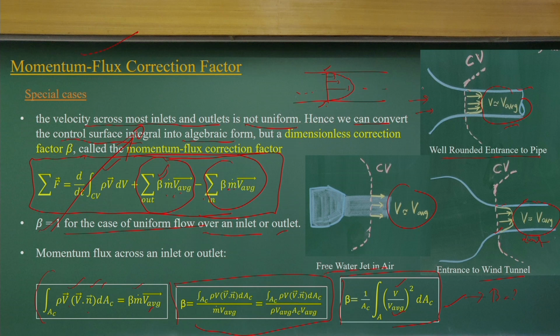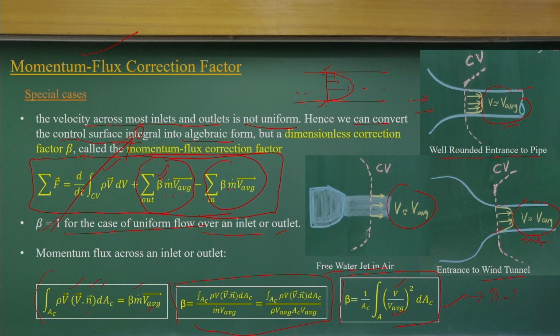Then I can compute the beta value for a velocity distribution coming into a cross section. Like I have a pipe with laminar flow, a pipe with turbulent flow, or open channel flow. For each case we know the approximate velocity distribution. That means for each case we know the beta value. So, if I know the beta values, then we need not do the integrations again. We use that beta value to convert from average velocity data to the momentum flux. That is the advantage of using the momentum flux correction factor.